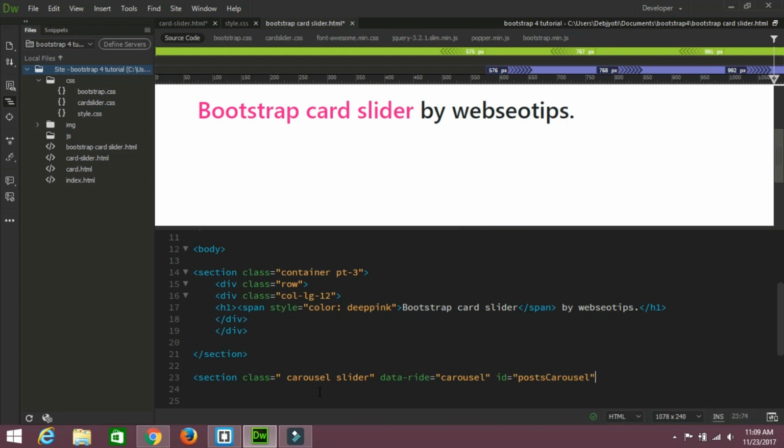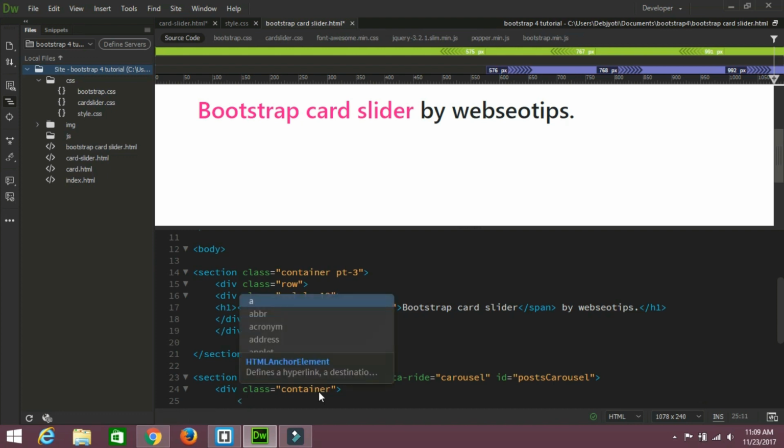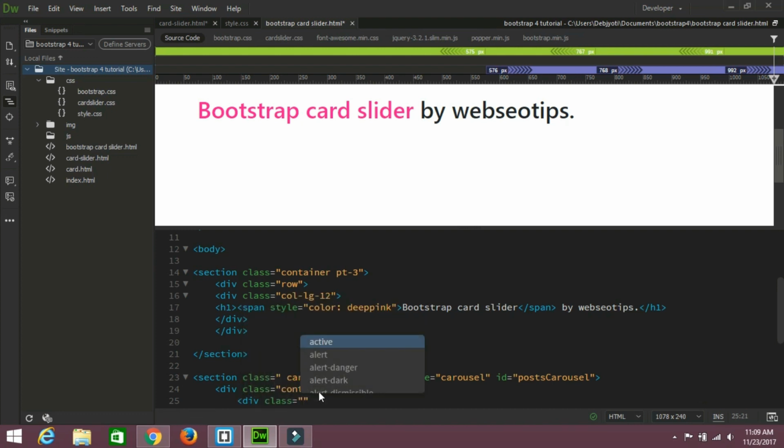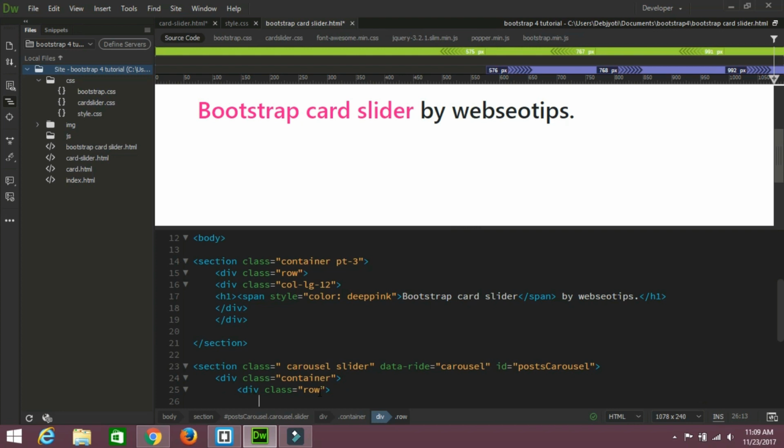Okay, then close it. In between take a div class container, close it. In between, div class equal to row. After that, in the row, div class col-12,